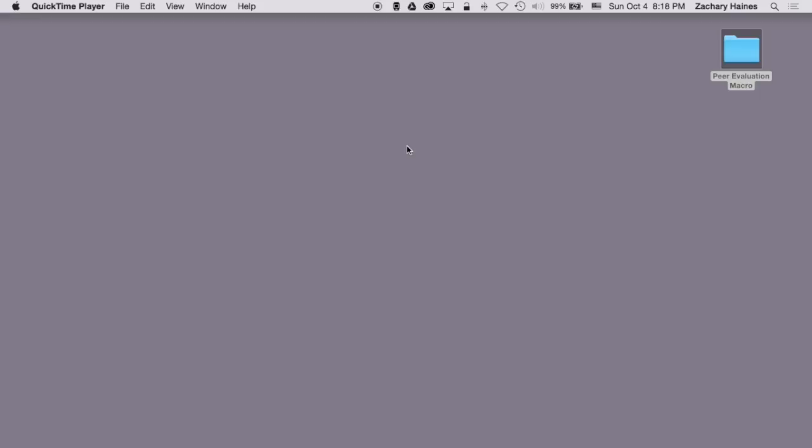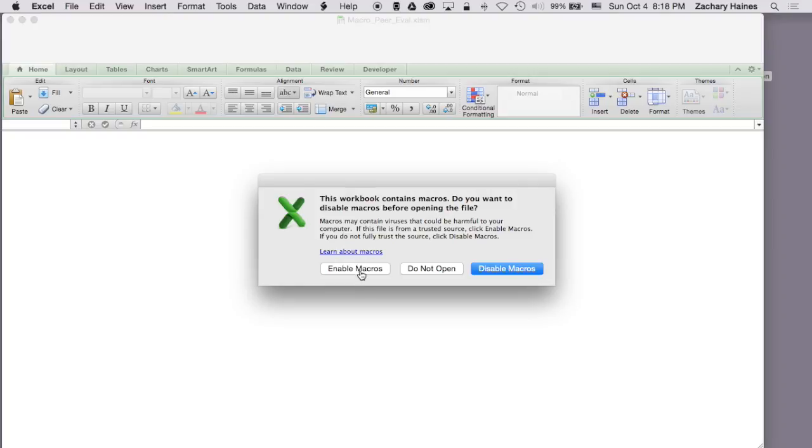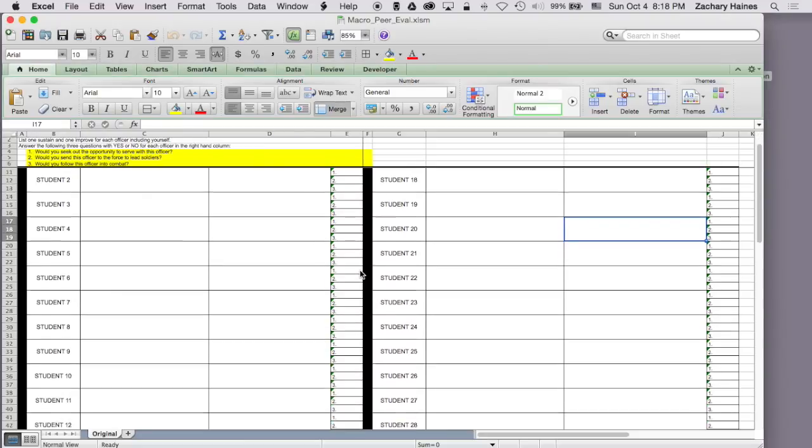Hello, my name is Zachary Haynes, and today I'll be sharing with you my peer evaluation macro. I created this peer evaluation macro to take a shortcut in some of the monotonous prep work we have to